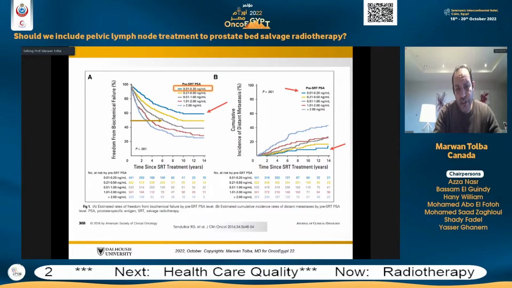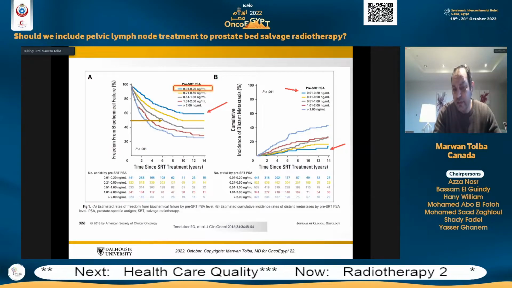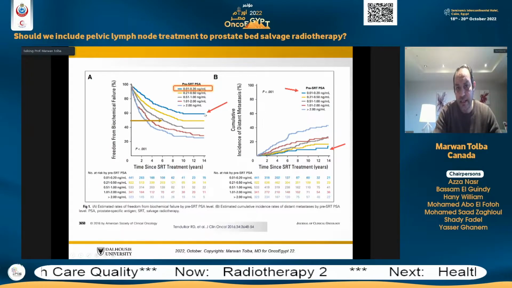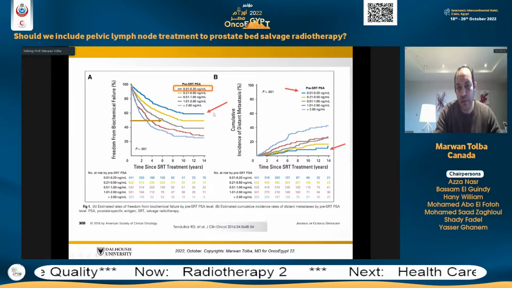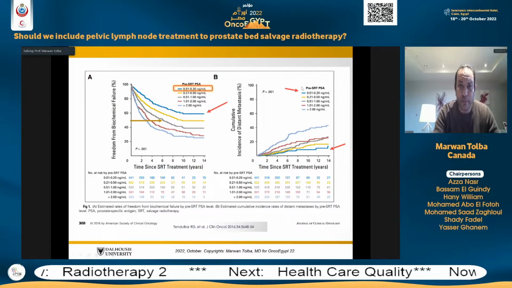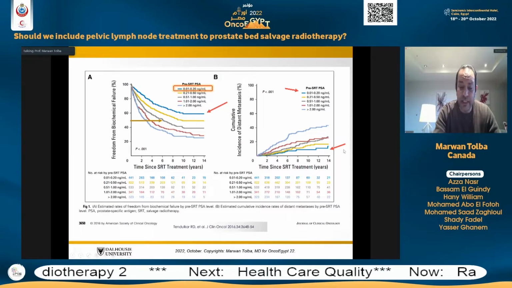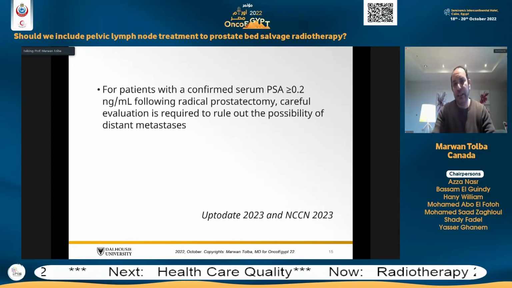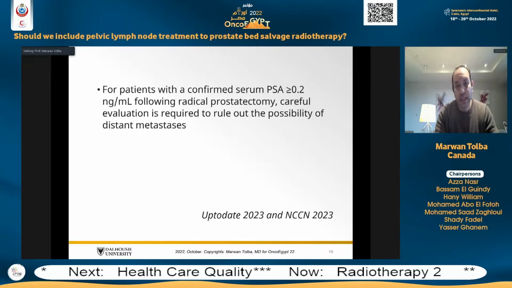And this also matches the study from Tendulkar et al., published in the JCO. If we can see, this is the lowest value of the PSA. It's associated with the highest rates of freedom from biochemical failure and the lowest rates of distant metastasis. So for patients, if you read any guideline now in the world, you will see that if